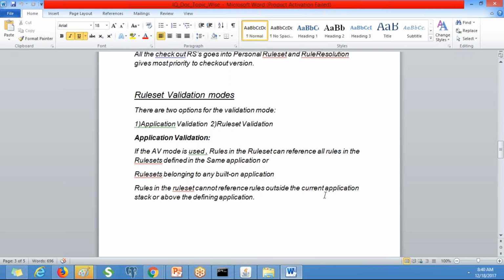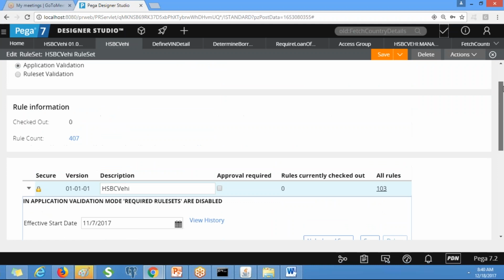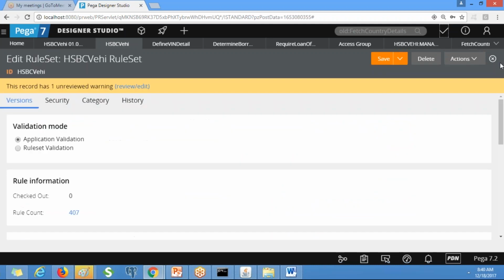That means, this is the rule set, right? Whatever rules we have in this rule set can call other rules which are there in the rule sets, and those rule sets should be in this application.